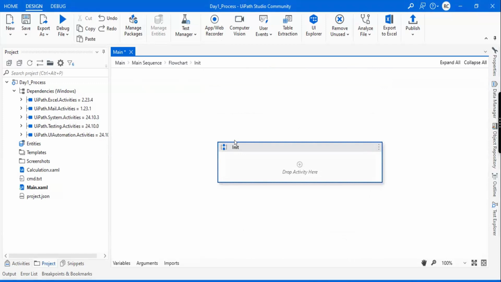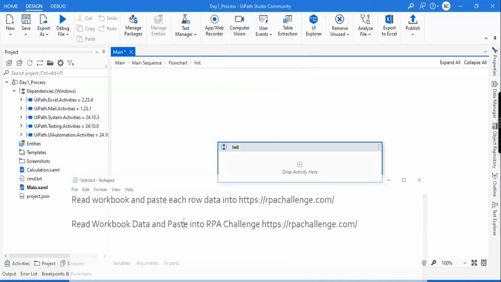Now we'll go to the next thing. Okay, we have another recording type. We have seen this app recorder, but there is one more recorder, computer vision. So why is there a computer vision? Why is this separate recorder available here? Because